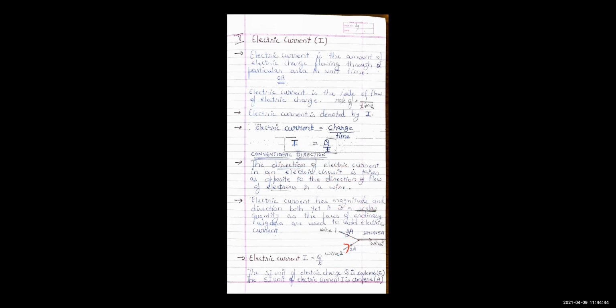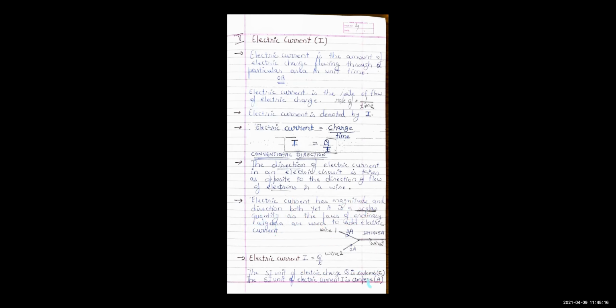And how are you going to write coulomb? The unit of charge is coulomb and it has to be written with small letters, C-O-U-L-O-M-B. And if you want to write its symbol, you can write capital C. You should not write capital C-O-U-L-O-M-B. C should not be capital if you write full coulomb, C should be small. And if you don't want to write in full, you just write capital C, which is the symbol for coulomb.